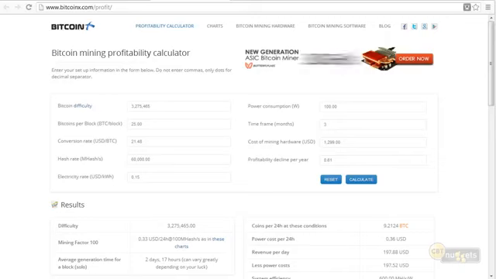I also want to point out that besides the worksheets that are available to calculate power and everything else, I would also strongly recommend that before you purchase any ASICs or any dedicated hardware for mining, just verify that what you're going to purchase is real, that it exists, and it also works. There are a lot of solutions where we have dedicated operating systems that live on flash drives that control GPUs or FPGAs, and there's lots and lots of documentation on tweaking and tuning and optimizing. I would just recommend that before you go for a solution and purchase anything, make sure that the solution you're getting is going to meet your needs and that you've done your homework up front on realistically what the income will be from Bitcoin mining.